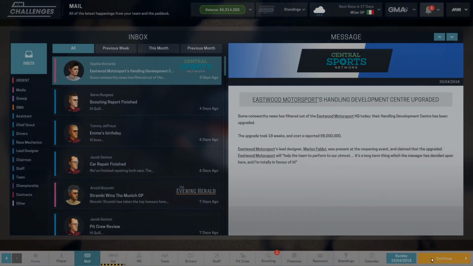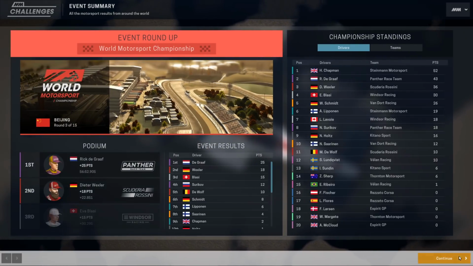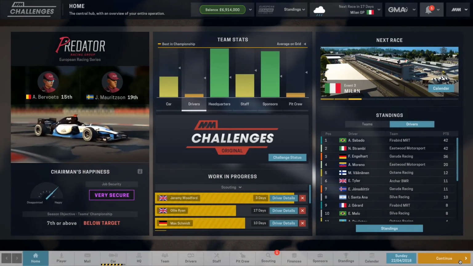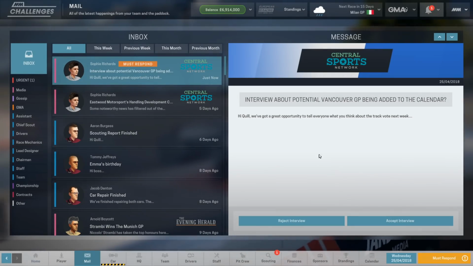Better get a chance to propose a vote to make a spec park gearbox. I mean, I guess at this point, our strategy won't have changed one way or another. We still have to improve something, and so we're just improving the gearbox last, which I guess is okay. New brake design is coming in. Ooh, interview about...